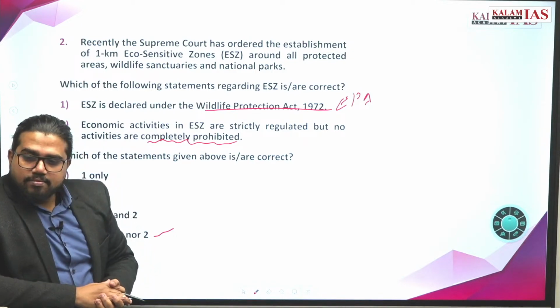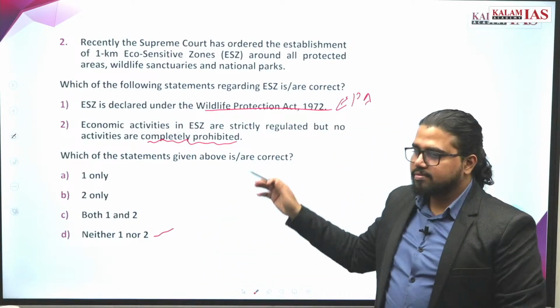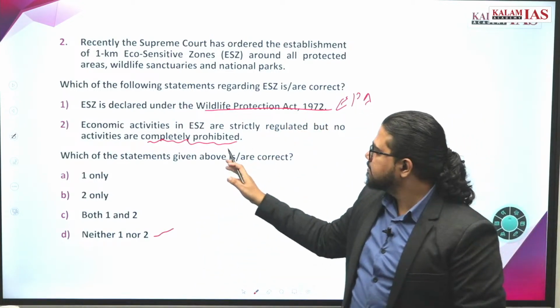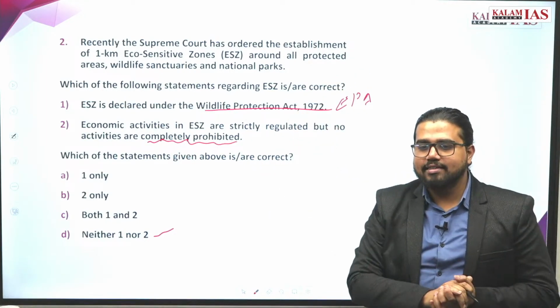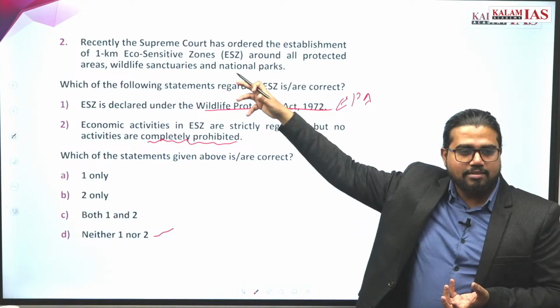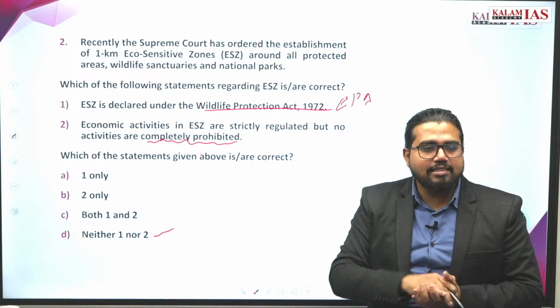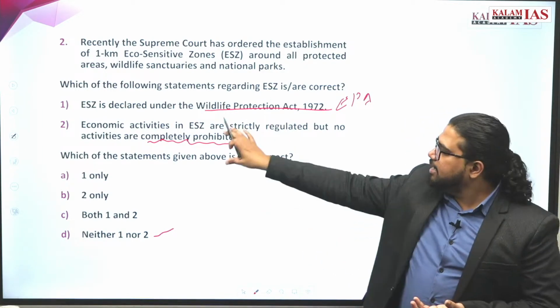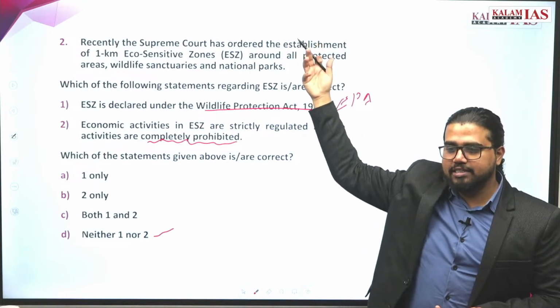The government shifted the tribals from the forest to the eco-sensitive zones. The idea is that some kind of economic activity should be banned. That's why these people are protesting, and that's why this created a mess around it. If only regulation is there, the government can give some relaxation and manage it. But certain activities are completely prohibited. That's why this becomes an issue for protest.